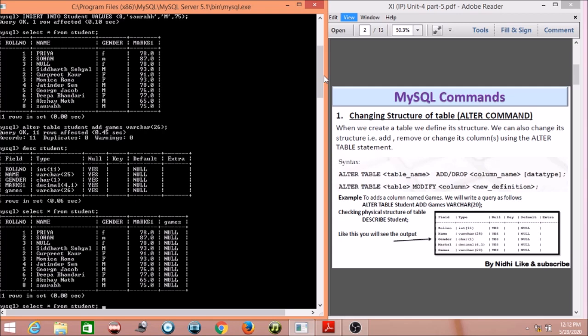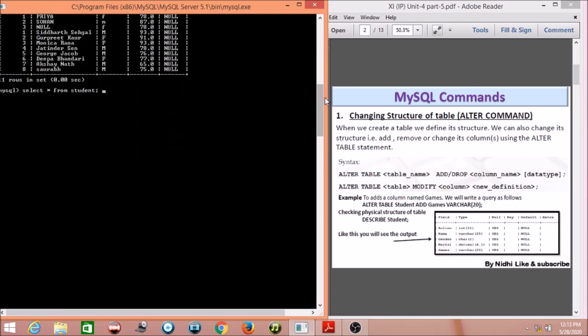So for that I am modifying my query. This was my query. Okay, wait, now I think it is visible. So what was my query? The alter query. Now I want to change this part, so I will use the keyword modify. After modify I write the games column, and in place of varchar what I want is integer.